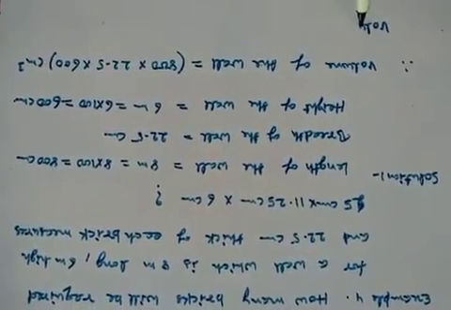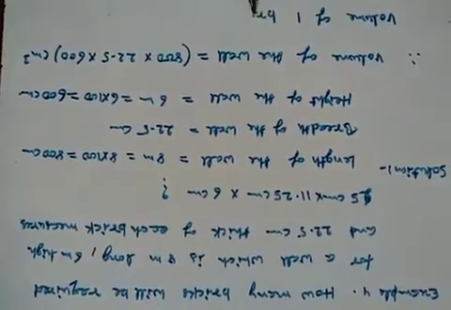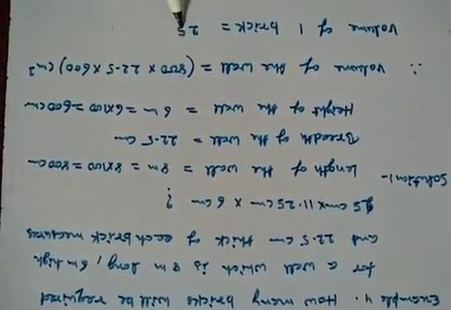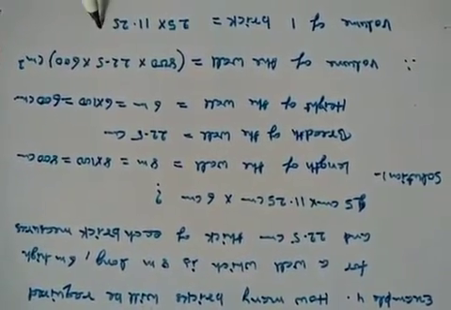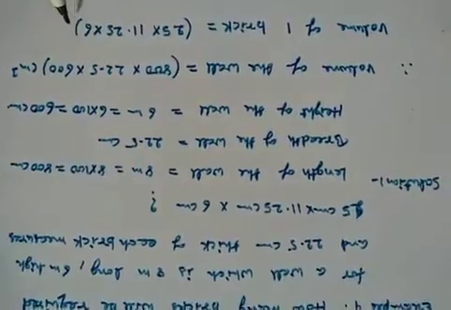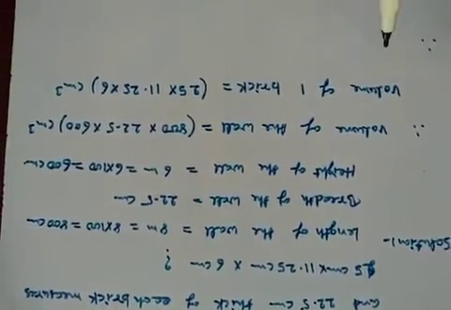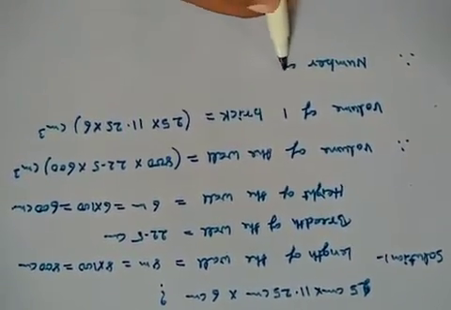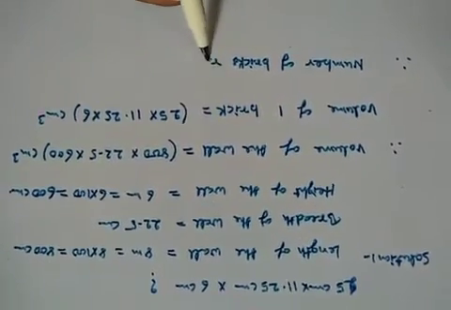Volume of one brick equals 25 into 11.25 into 6 centimeter cube. So number of bricks required